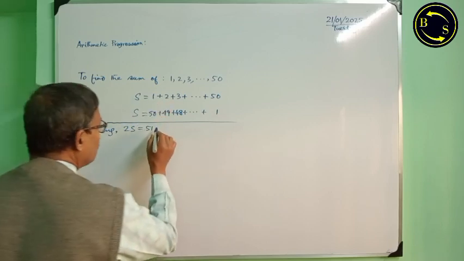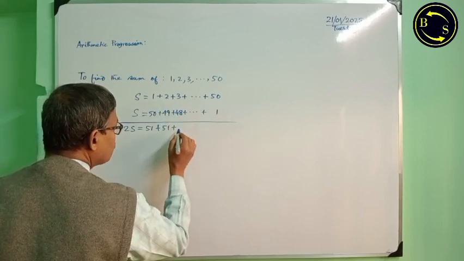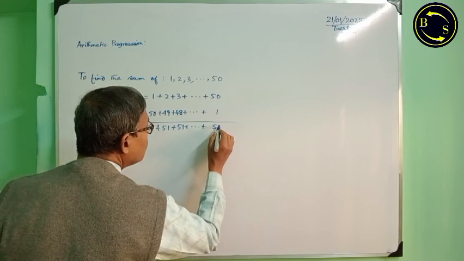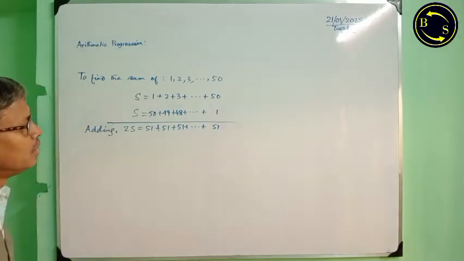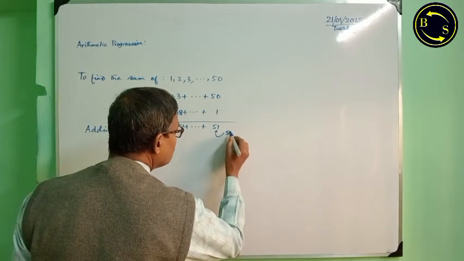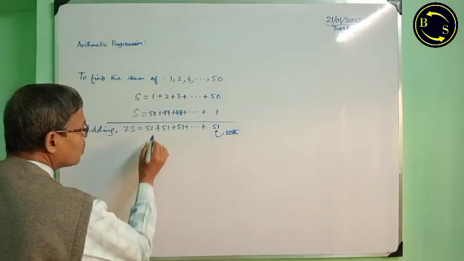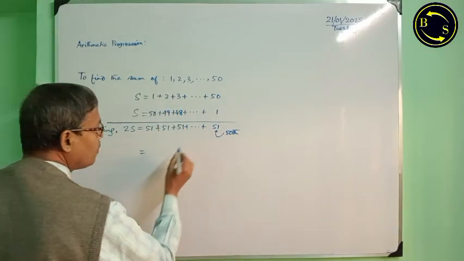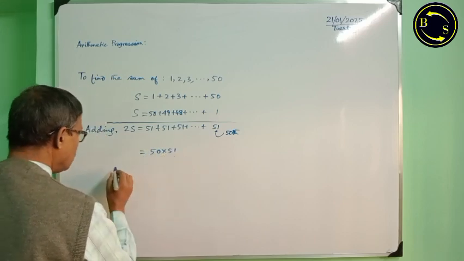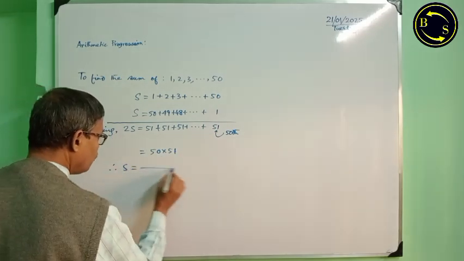One plus 50, 51. 2 plus 49, 51. 3 plus 48, 51. Now, how many 51s are there? This is the 50th. Therefore, the sum of these 50 number of 51s is 50 into 51. Therefore, A is equal to